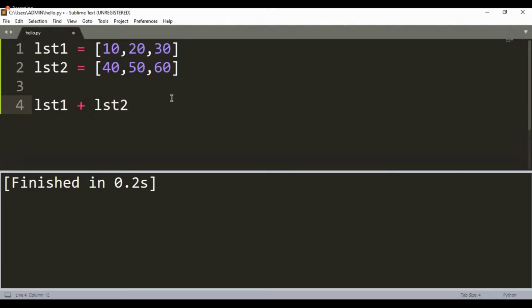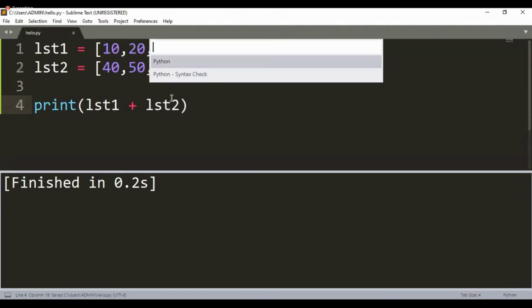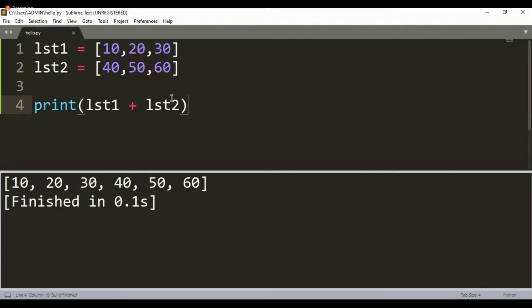And if you do this, internally what is going to be performed here is the merging of two lists. And if I execute, as you can see, we have got a brand new list which contains all the elements from list 1 as well as the elements from list 2. Undoubtedly, in the background, in the memory, it is a brand new object.